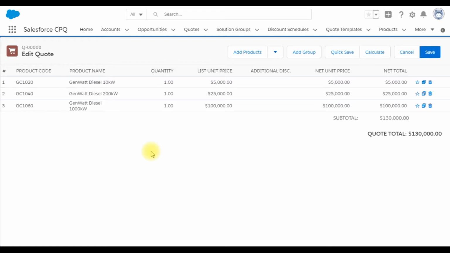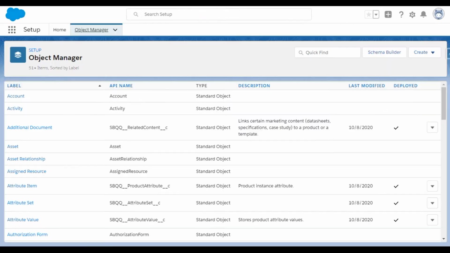So let's get into the basics first to see how we set up the fields for columns and quote on the quote line editor. Let's go to the settings and open the quote line object.